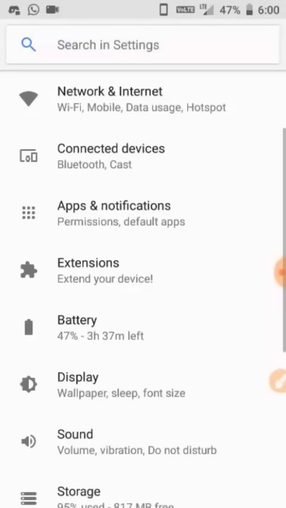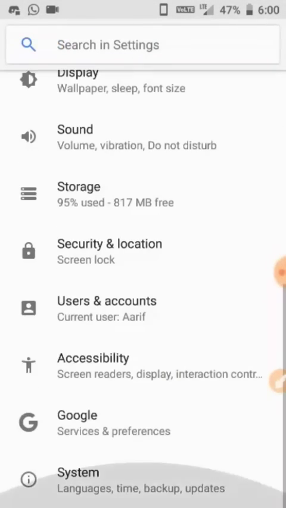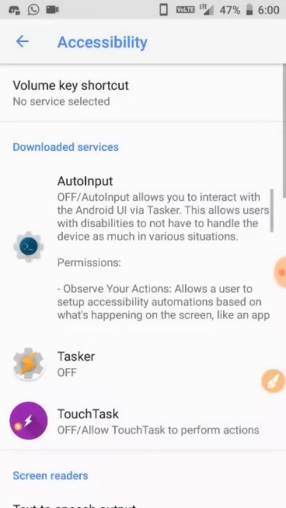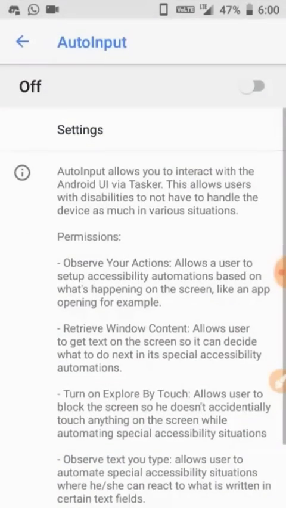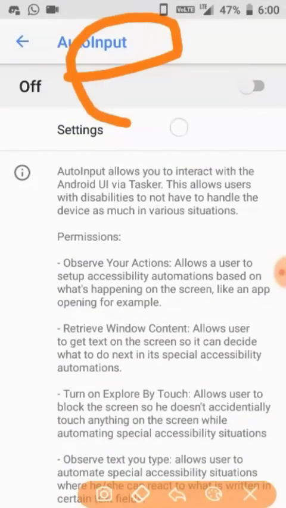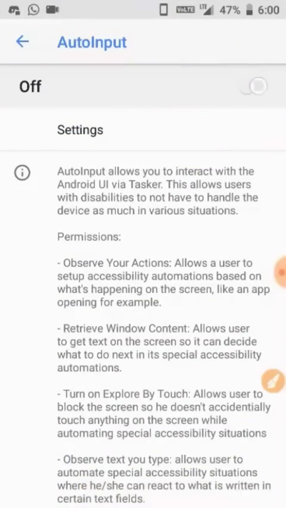After opening the settings, go to accessibility. In accessibility you need to allow accessibility services for both of the applications, that are AutoInput and TouchTask. Let me enable the accessibility for AutoInput, and now let's enable